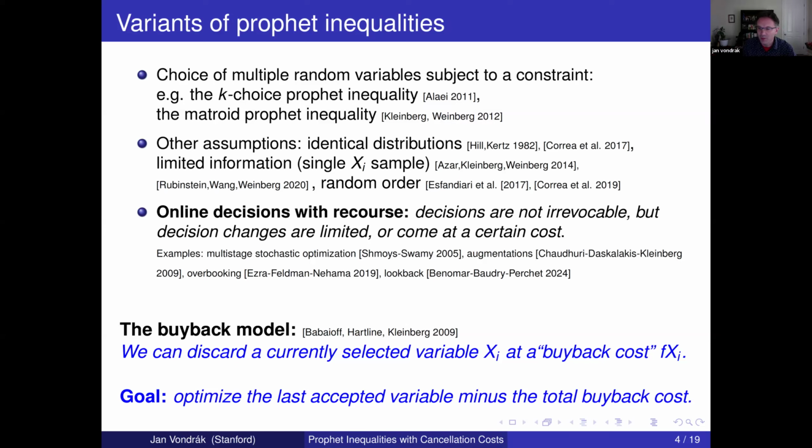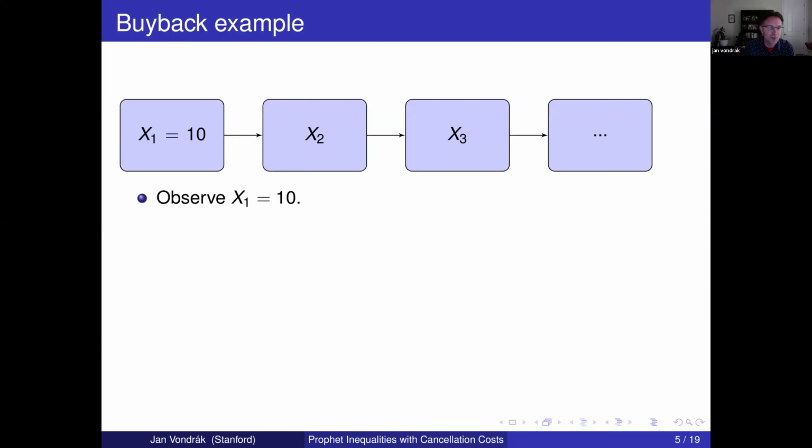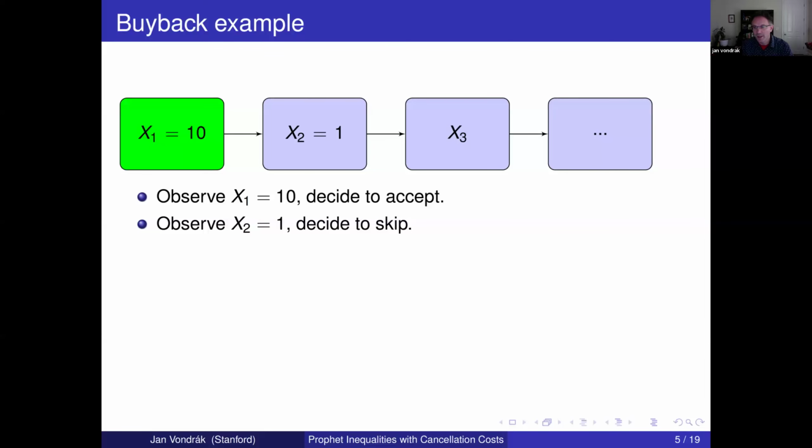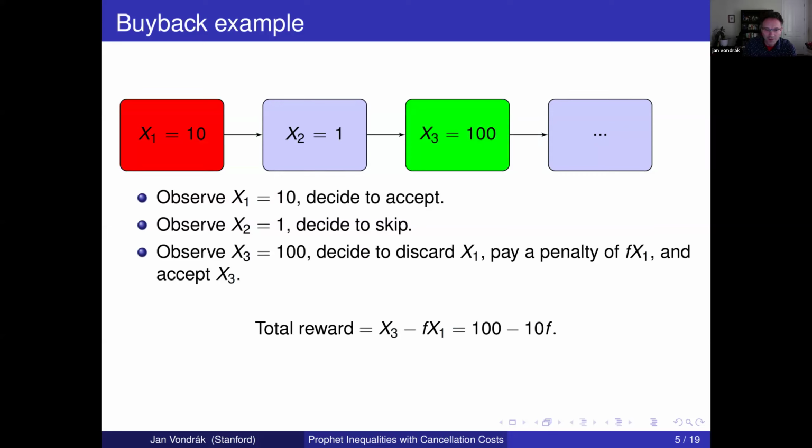Let me show you an example of that. Here's a sequence of variables. Maybe the first one ends up being 10. I say that's pretty good. I'll accept 10. The next one is 1. That doesn't make sense to accept, so we just skip that. The third one ends up being 100. I say, well, that's very good. I'm willing to discard the first one, even though I have to pay some penalty, and I will accept 100. So my payoff in this case will be 100 minus the buyback cost, which is 10 times the buyback factor